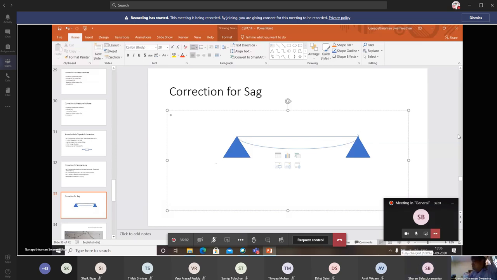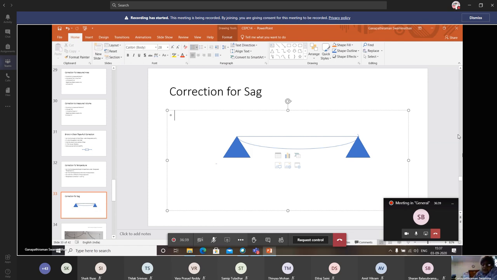Because in solid mechanics, we are talking about equilibrium. There are 3 equilibriums. The algebraic sum of the vertical force is equal to 0. Algebraic sum of the horizontal force is equal to 0. Algebraic sum of the moment is equal to 0. The entire civil engineering rests on these 3 concepts only. Sigma V is equal to 0, sigma H is equal to 0, and sigma M is equal to 0.